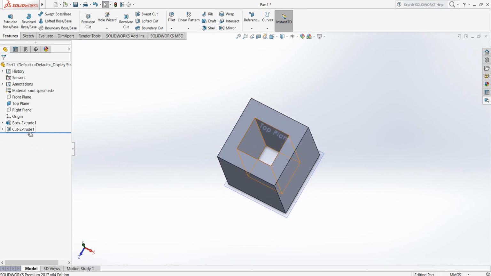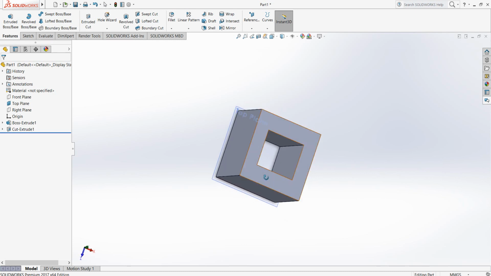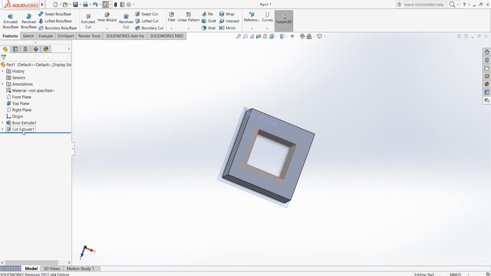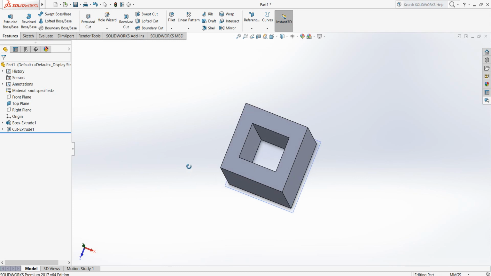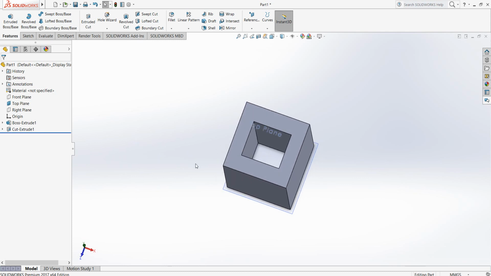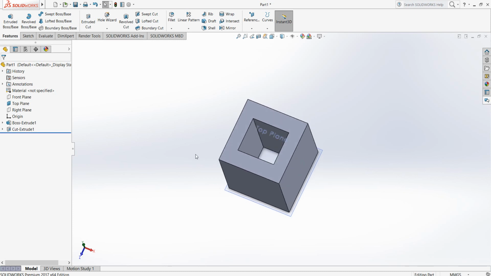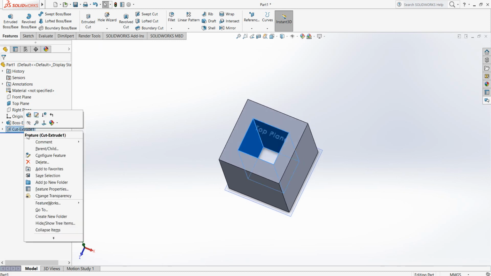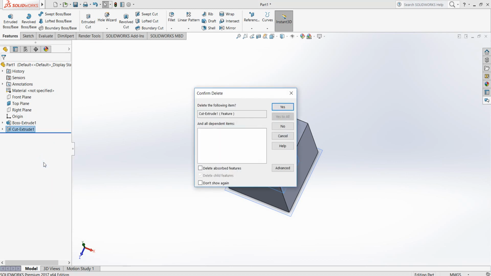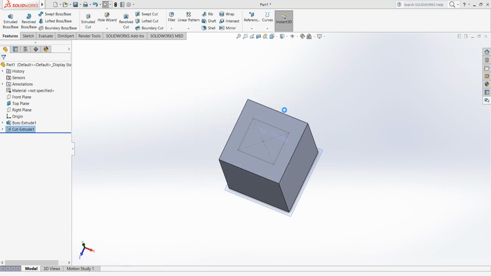However, that's been done in 2 features, which means anytime you want to edit that, you have to go through and do it in both of these features. Now, that is wasting time, and I'll show you this. If we delete this cut extrude by right-clicking and press delete, okay, and delete the